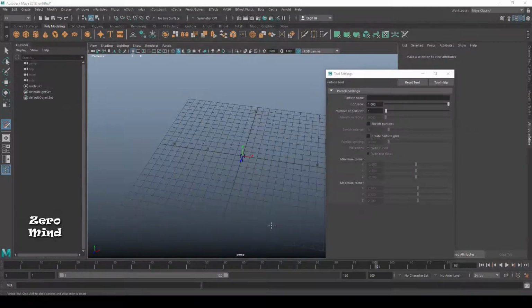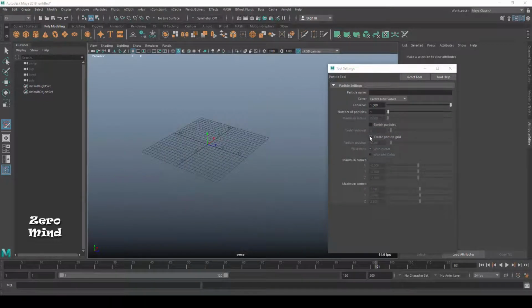Sketch interval. This option allows you to set a pixel spacing between particles. A value of 0 gives you a nearly solid line of particles. The higher the value, the more space between the particles. Create particle grid.